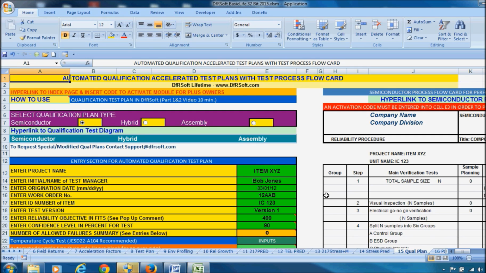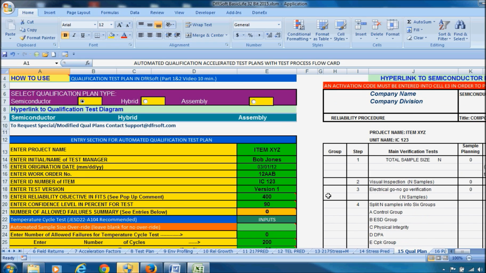And not only that, but there's a lot of intelligence that has gone into these sections, not only just to make things easier for you to understand and be able to be successful doing design assurance on your job, but you should see how DfRSoft is working the issues, and you can refine your test in accordance with some of the intelligence that we have that has been years of understanding of accelerated testing, and use that wisdom